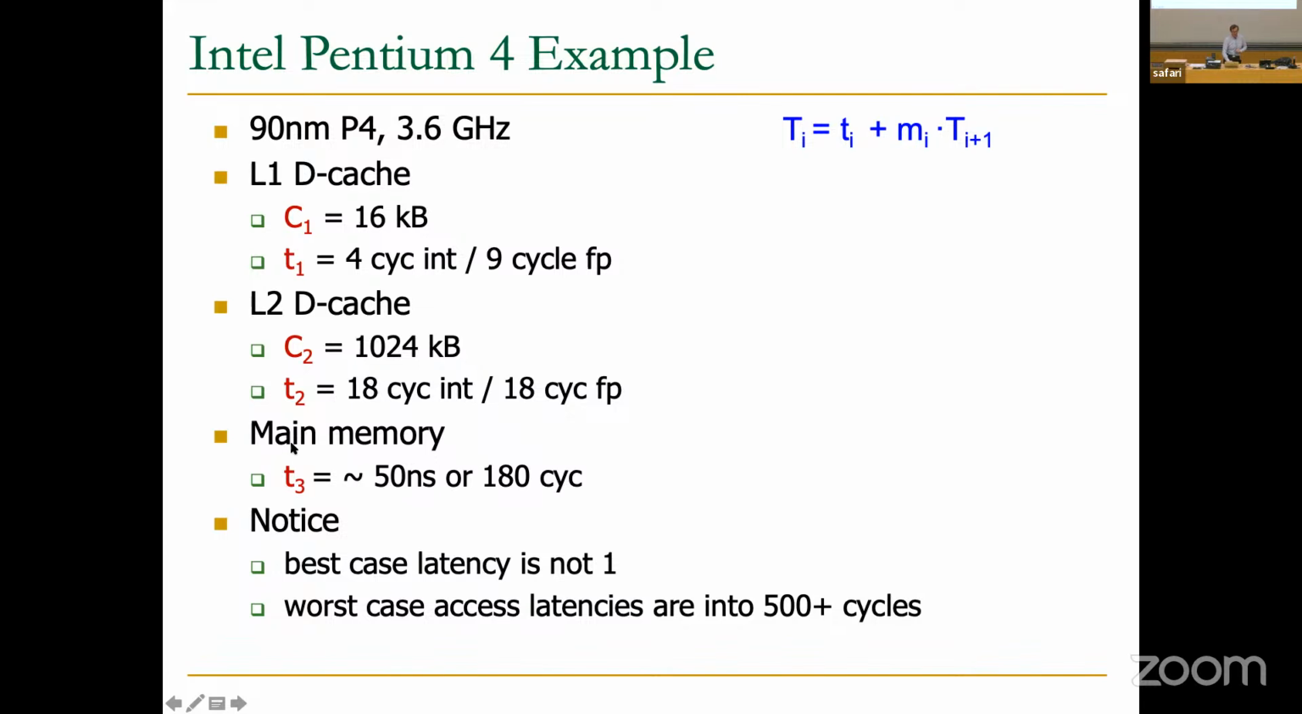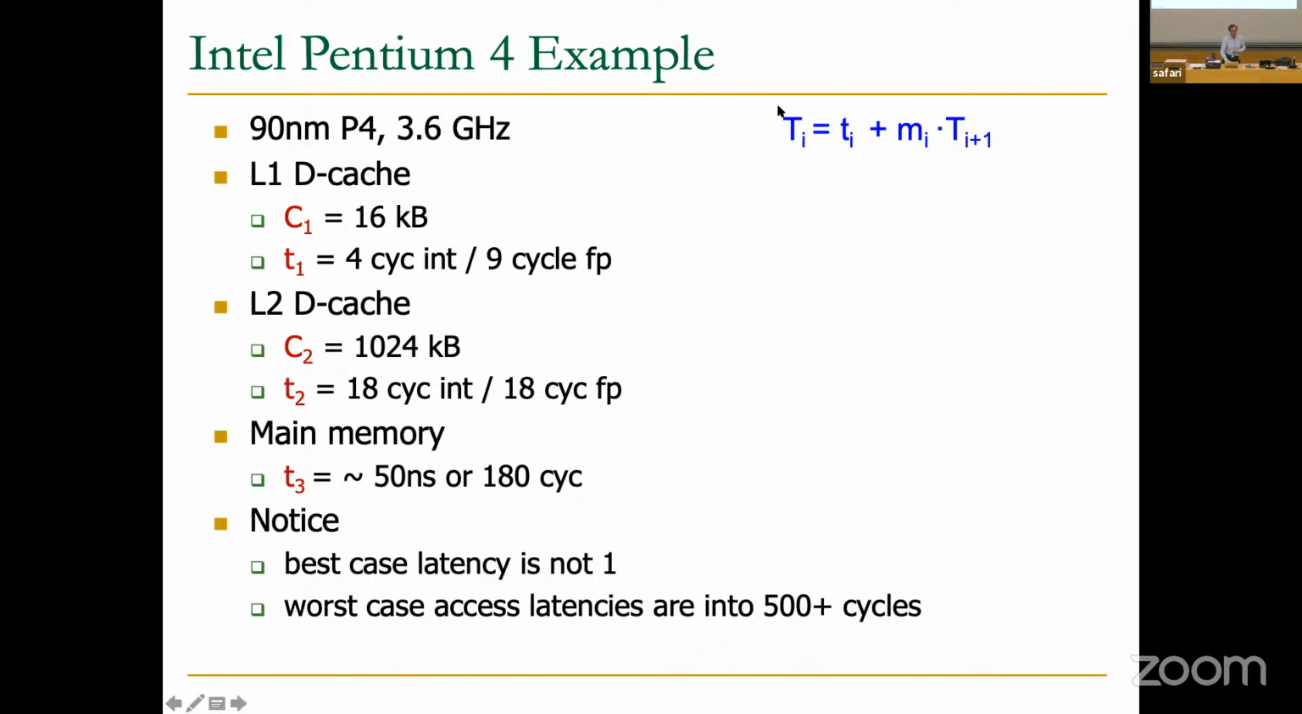So T3 is intrinsic access time, and we're going to assume that you don't miss in main memory. You're lucky. Everything fits in main memory. That doesn't always happen. So notice several things over here. The best case latency is not 1. For this real processor, it's 4 cycles. Why? Because the frequency is very high, 3.6 gigahertz. It's still quite high, actually, compared to some systems today. We're talking about 1999. And the worst case access latencies are actually into 500 plus cycles, even more, but we're not going to bother with the worst case latency over here. We're going to assume this is the average latency. So let's